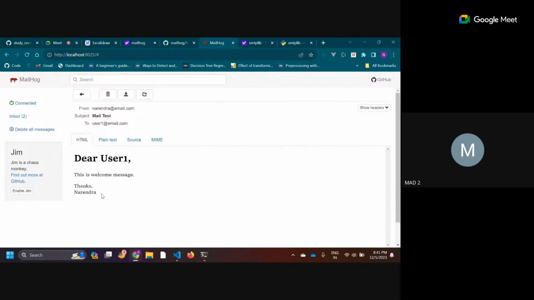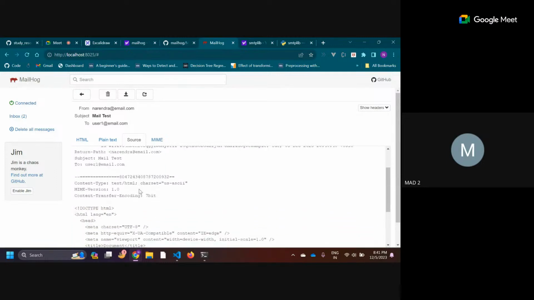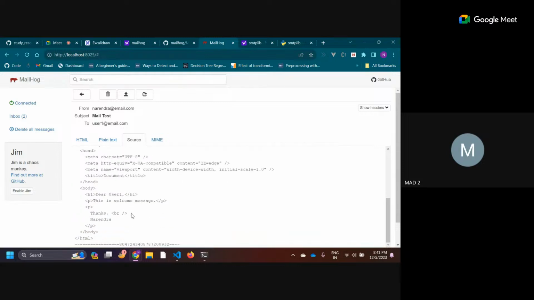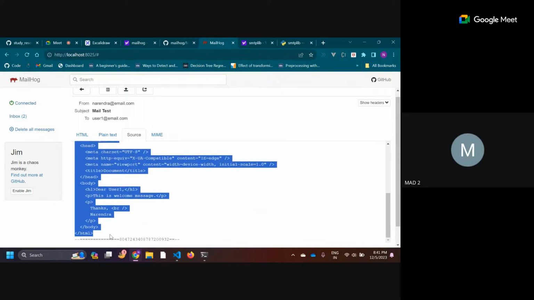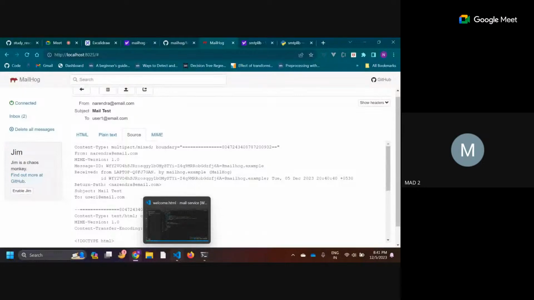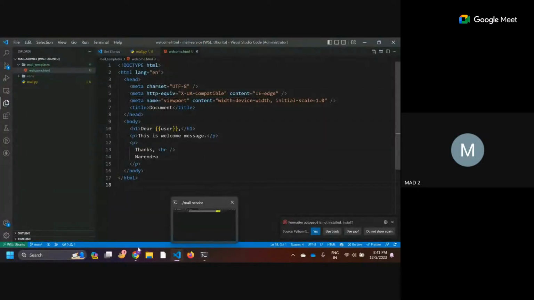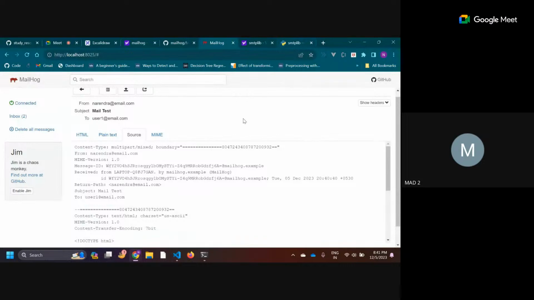And this time, if you go to the source, you'll see that the content type of the body is text/HTML, and also see the content message, which is HTML. So this is required for your project. You'll have to send the report in HTML format. So this is how you can create any